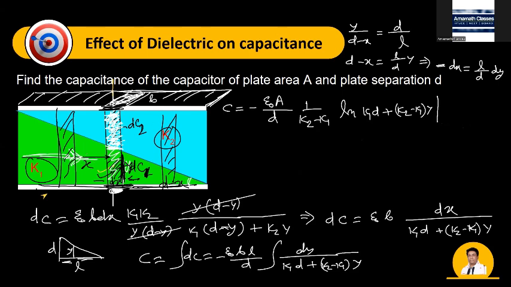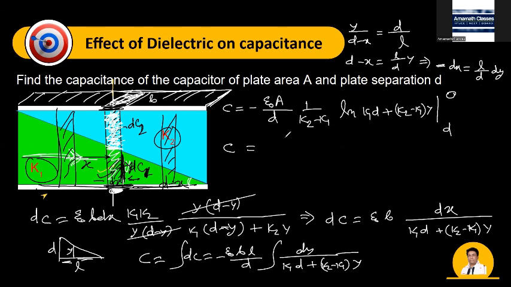When x is 0, y is actually D. So the initial limit will be D only, and the final limit will be 0. It is not from 0 to D, it is from D to 0, because I have taken x from the left. So when x is 0, y becomes D. That is why the minus sign will also